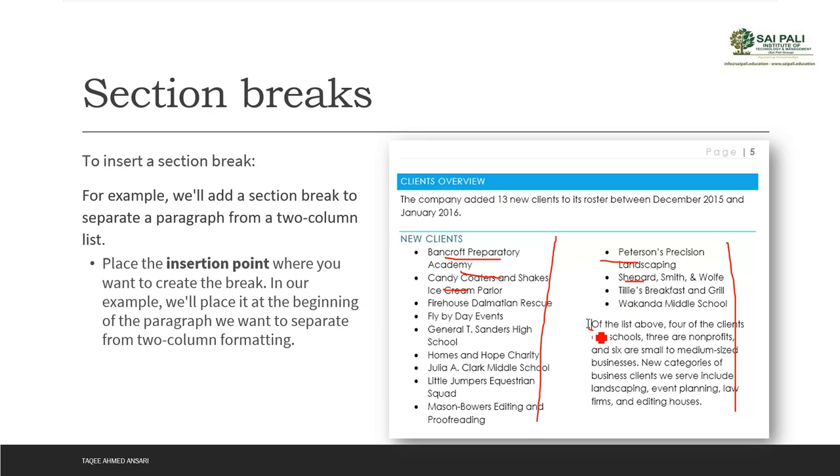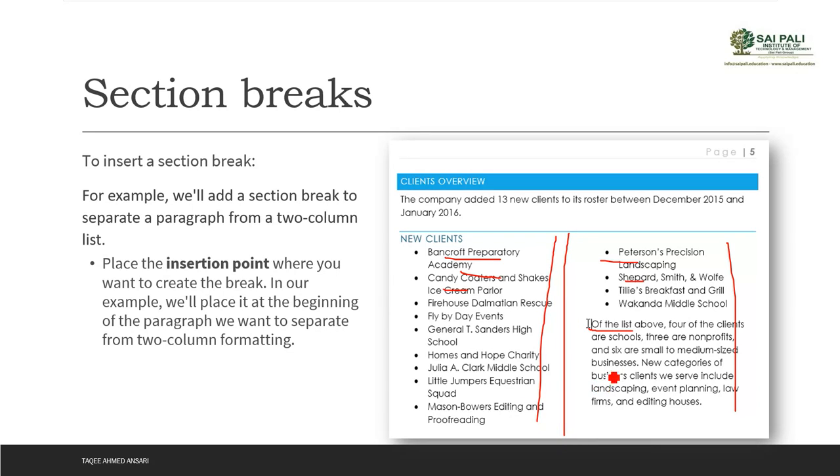Then there is a paragraph here, but this paragraph is also going into the columns. The list looks good when it is divided into 2 columns, but this paragraph is not looking good there. So I want this paragraph to appear in a single column. Now because the whole page is divided into 2 columns, I cannot do that.